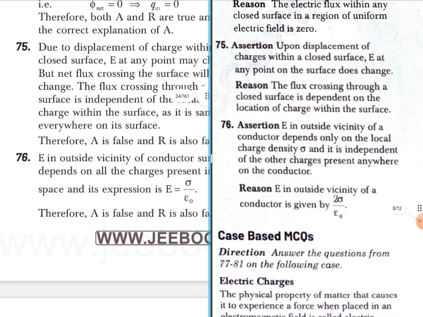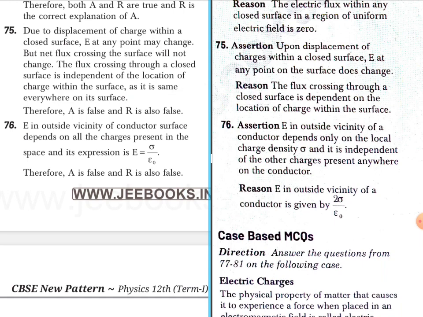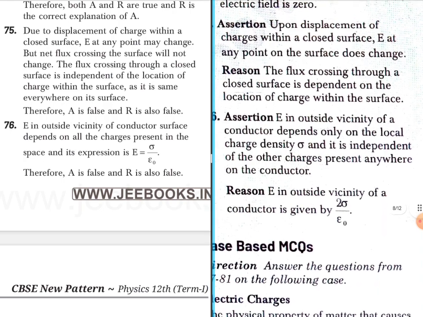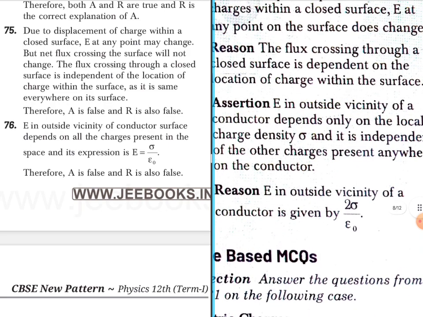Vicinity of the conductor. E outside the vicinity of a conductor depends on the charges present on the surface, and it's expressed as E is equal to sigma by epsilon naught. Therefore, A is false. And it is independent of the charge present anywhere on the conductor. If it's going to be dependent on charge density,